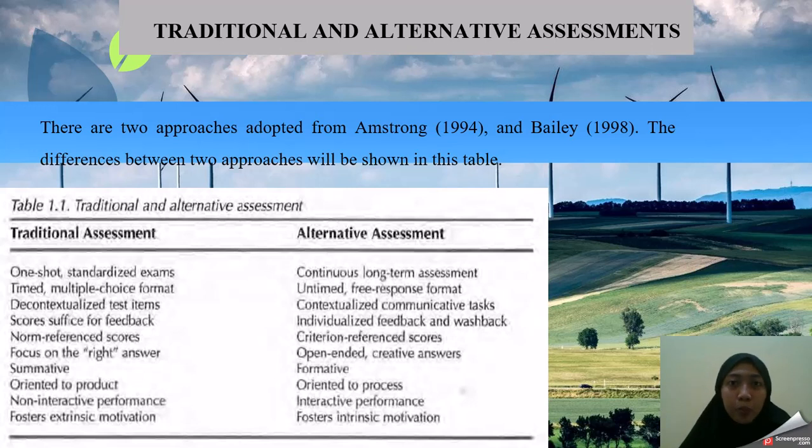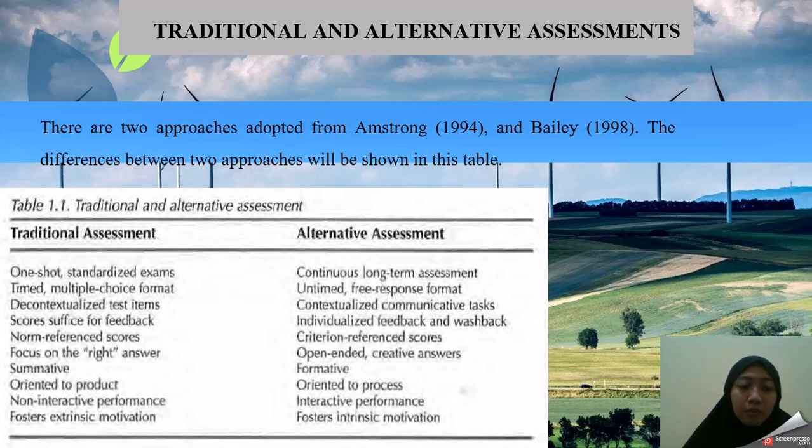We can look at the parts one by one. One-shot standardized exam, timed, multiple choice format, decontextualized test items, scores as the only feedback, norm reference scores, focus on the right answer, summative, oriented to product, not interactive performance, and the last, fosters